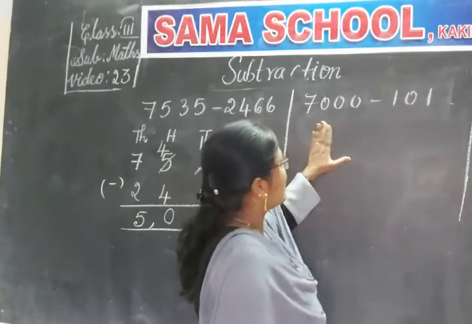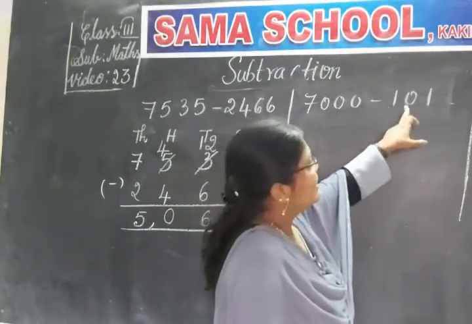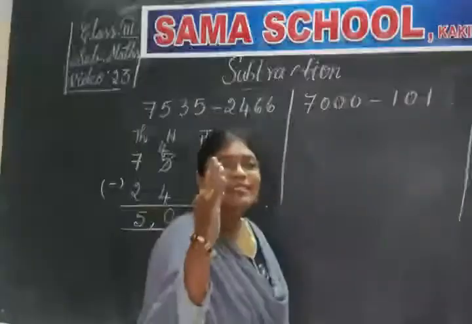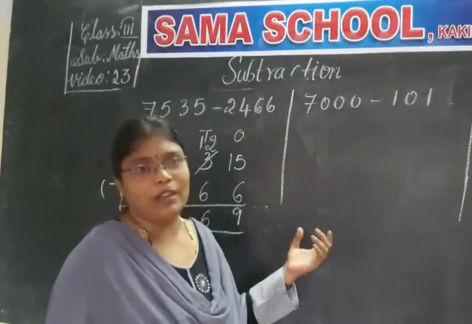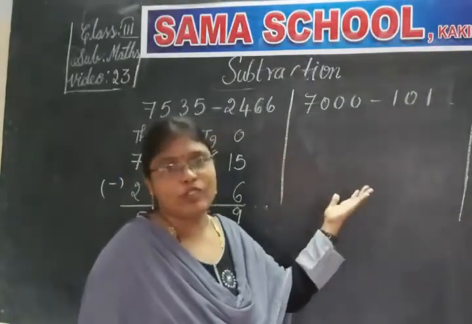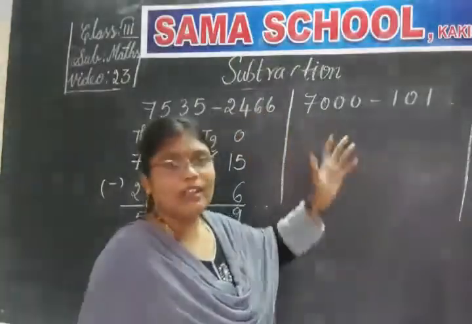Now let's move on. See here, we have to arrange. How many digits are there here? The first number has 4 and the second number has only 3 digits. So very easily we can say which is the bigger number. The number which has more digits will always be the bigger number. So come on, you have to arrange.